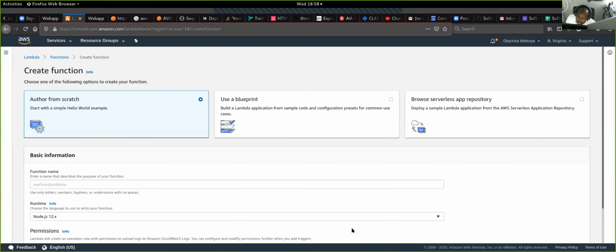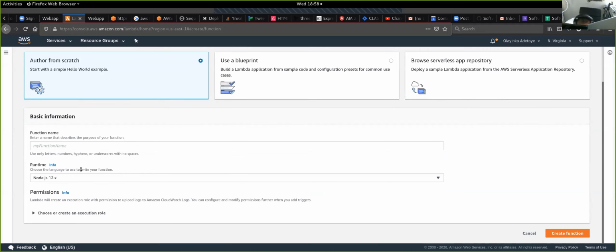we're going to create a new function. And all we want this to do is to console log hello world. Okay? We have different options, right? You can author a new function from scratch. You can use a blueprint, right? Or you can browse the serverless apps repository. We're going to start off with authoring from scratch. Okay? And as with everything else, we're just going to start with a function name, right? And so we're going to say Lambda demo,